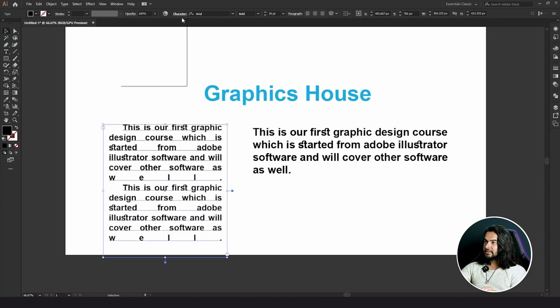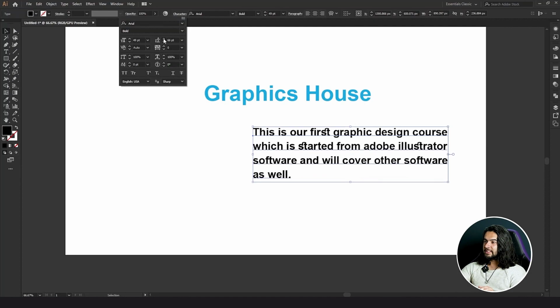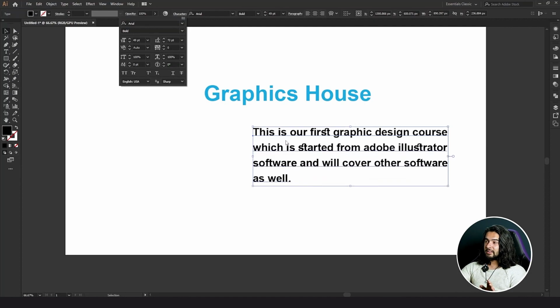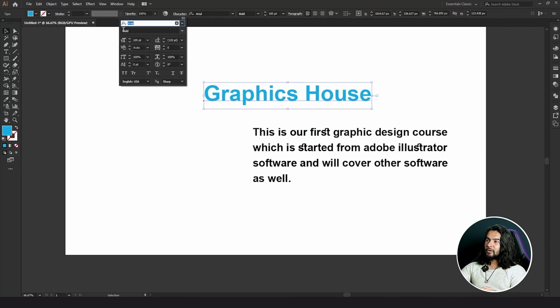Let's come back to the characters. In our characters, first you're gonna see the font family, then the font style, sorry, then you're gonna see the font size. These three are covered in here too. Then we have line spaces or leading. If I increase this while selecting a paragraph or line which has 2 lines or 3 lines, if I click on this or go back to the characters and increase the line spacing, nothing will happen because there is a single line. We do not have a second line to increase the space between 2 lines,